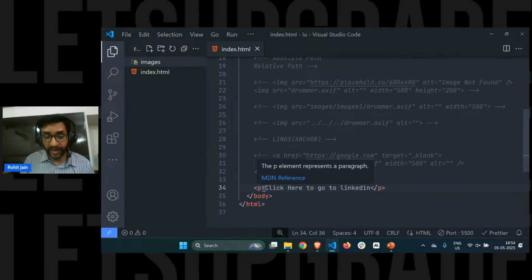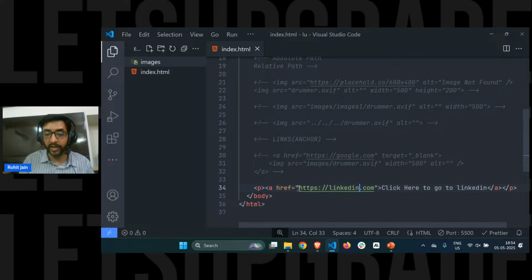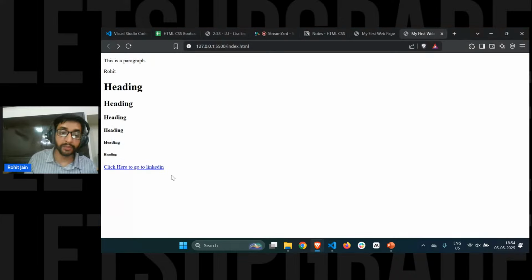If I create an a href, like this, if I take the closing tag and put it here, now when I click on this paragraph, I will go somewhere. I will go to some other page. Which page? Well, the URL which I'll mention in here, LinkedIn. So when I click on this paragraph, it will take me to